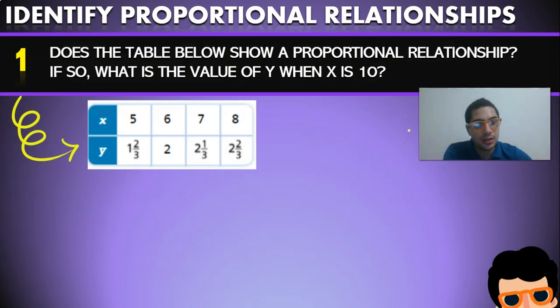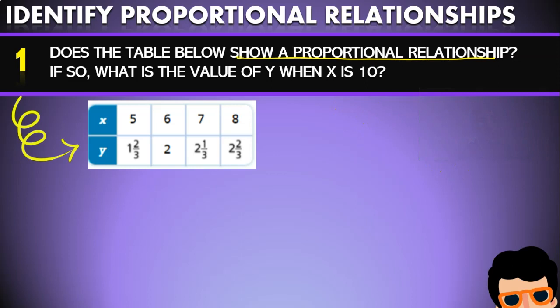So guys, the question in this problem is very straightforward. They're asking us if there is a proportional relationship in the table, and if so, finding a value of y. So the first thing we have to do is find out if there is really a proportional relationship. In order to do that, we're going to divide y divided by x. Because in these types of problems, we have to see if we have something called an equivalent ratio,